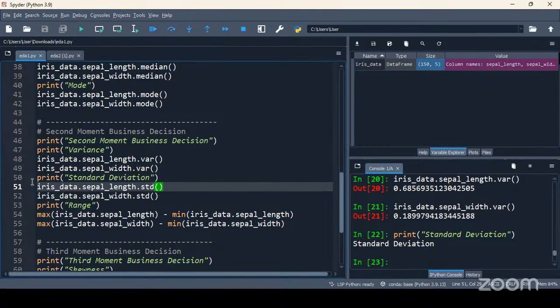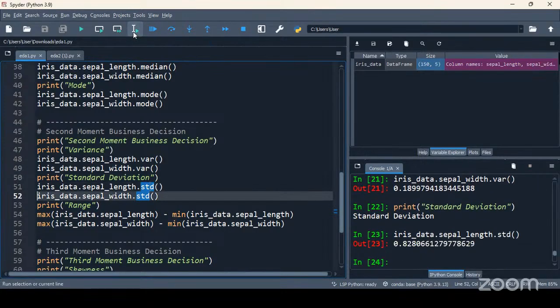The same syntax: data frame object dot column name dot std function. When we go with this line, it returns me the standard deviation for the sepal length column. So this is the actual spread in the data. There is spread, but it is very small, 0.82, not even 1.